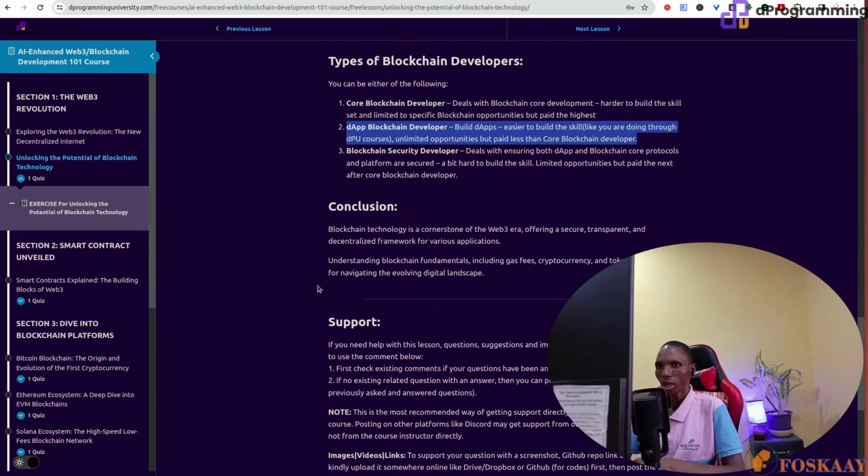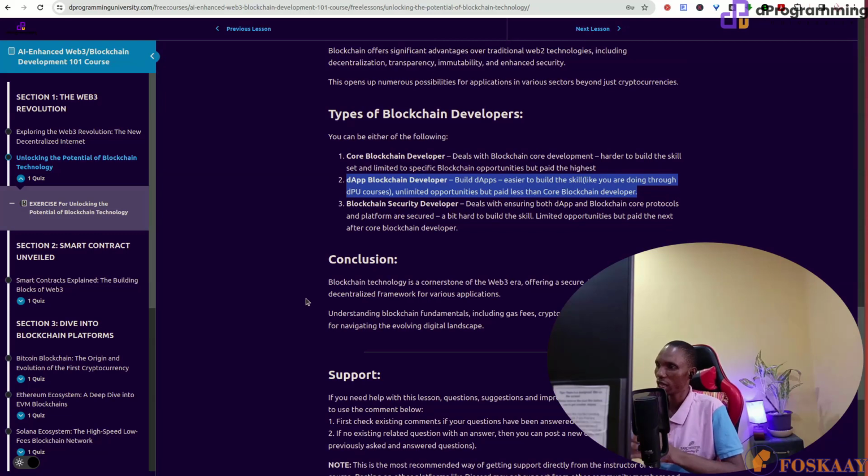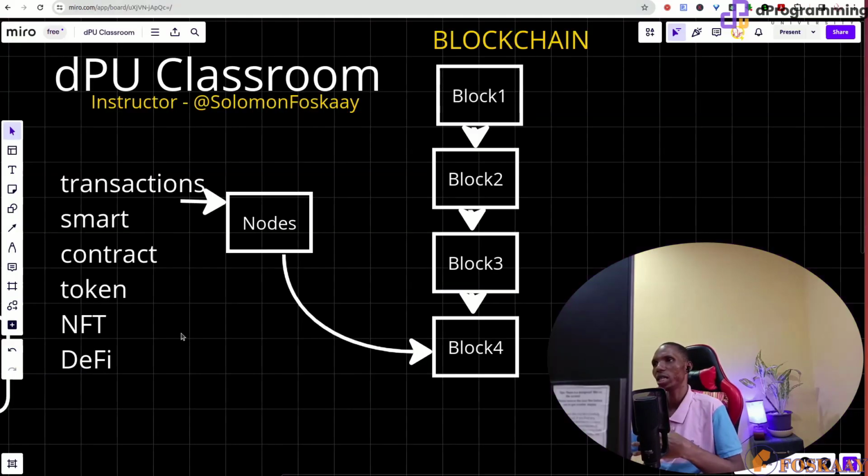So that's it. Hope you have learned a lot in this lesson. We've learned and explored blockchain, what the technology actually is, how it's done, how it's being secured, and how it makes the Web3 world a reality by decentralizing all these things, yet following a set of rules that make it secure. You try to breach it, you get slashed, you get punished, you get kicked out. So all those things are what make blockchain the building blocks of the Web3 era. So that's it for this lesson.